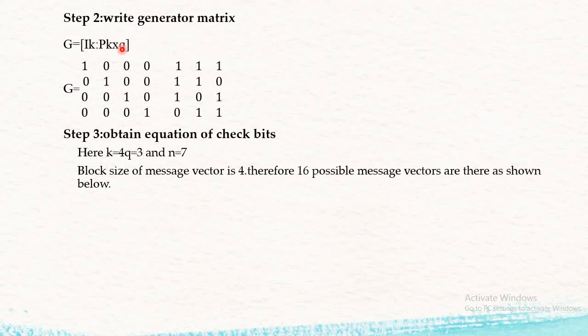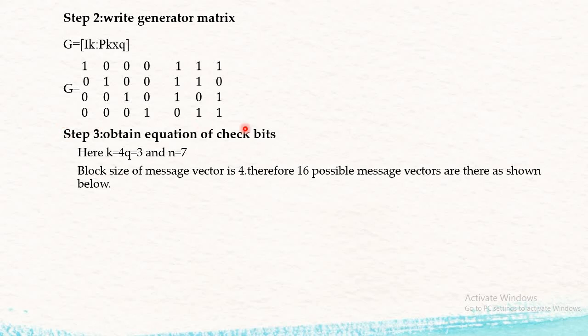Once the P value is with us, we write the generator matrix. The generator matrix is given by [I_k : P]. The first section is your identity matrix of size k, and in this sum the size of k is 4. That is already given, (7,4). Therefore this identity matrix is of size 4x4. The second section we have extracted from the first step, that is the P submatrix. So in total it will form your generator matrix.